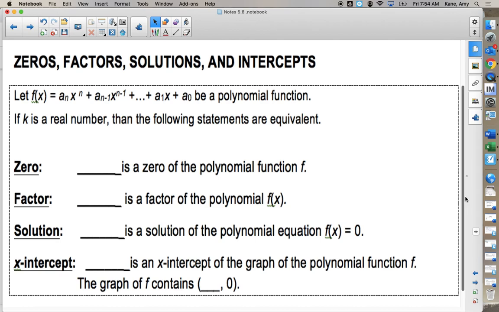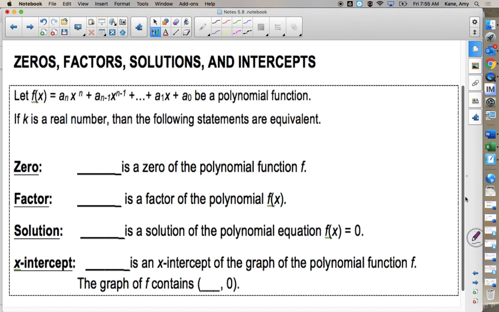So underneath there are 4 terms here, and these 4 terms we've used most of the year. The goal is to recognize that these statements are really the same. The term is the same. So they would be synonyms of each other, trying to pull in that little English word. But they all represent the same thing. I might just write the answer a little differently. So it says, if k is a real number, then the following statements are equivalent, equal, the same. So a 0,